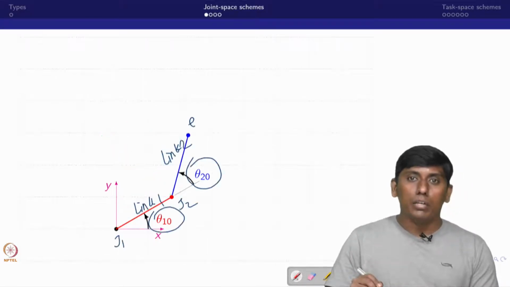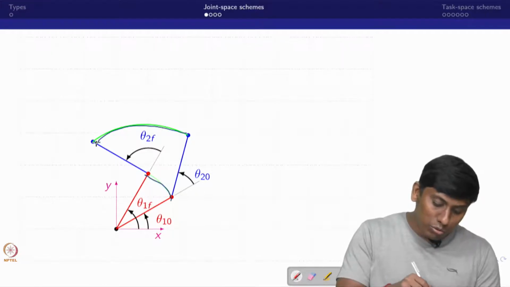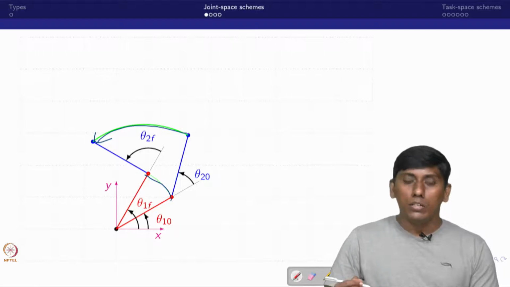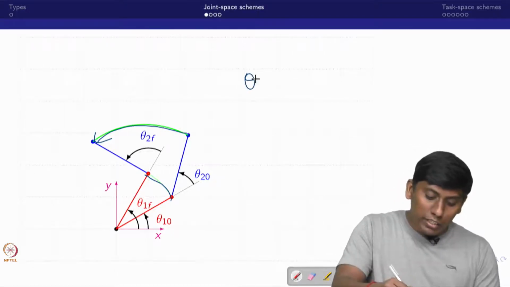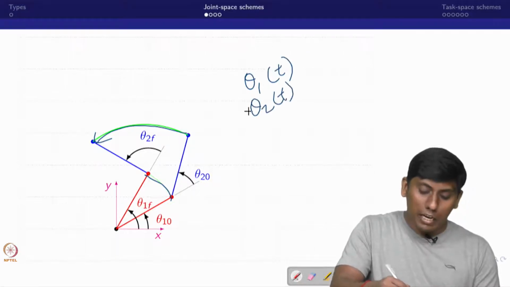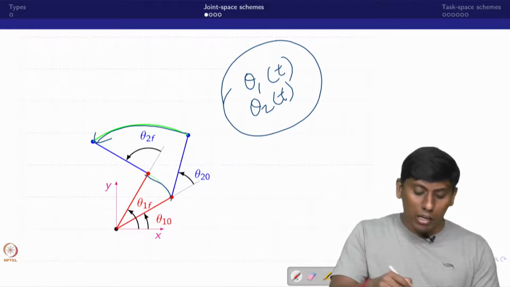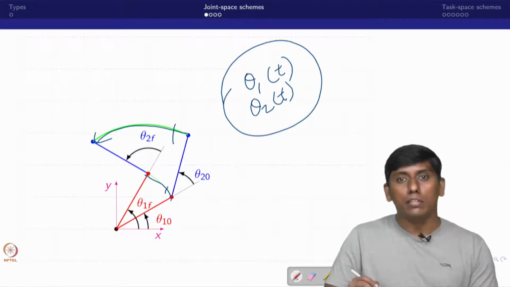Now how do we reach from here to here? I already said there are two ways. One way is to synchronize directly, where theta 1 of t and theta 2 of t are synchronized, in the sense that both link 1 and link 2 follow the profile. Each segment maintains this.